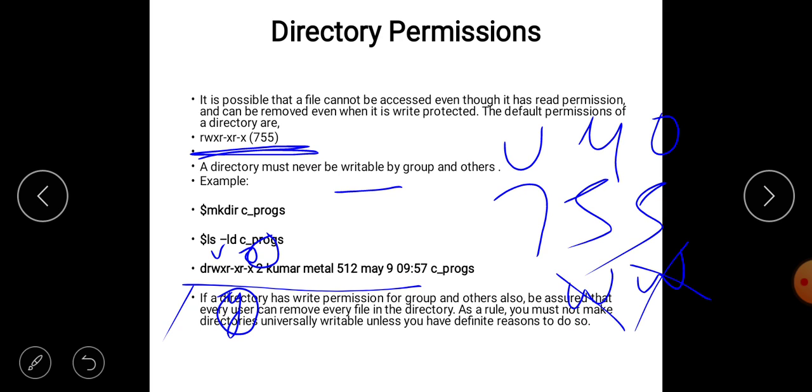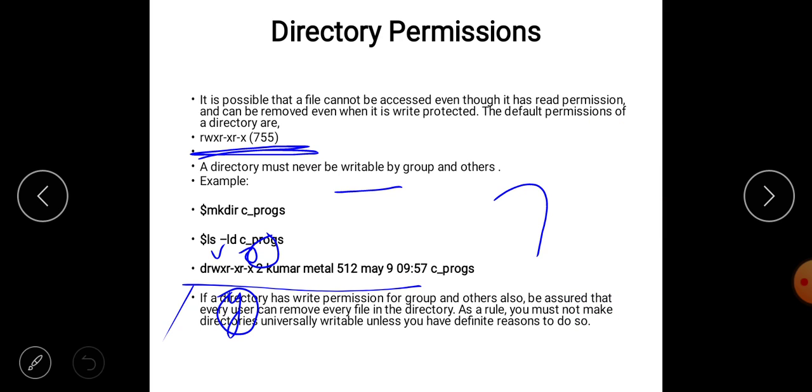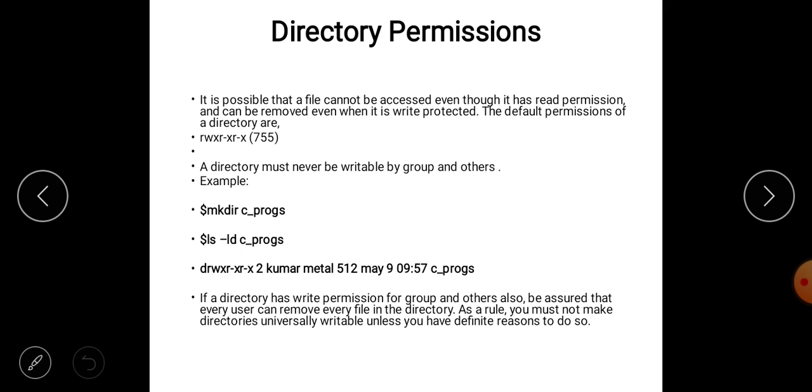Okay, and if a directory has write permission for group and others, be assured that every user can remove every file in the directory. Suppose you